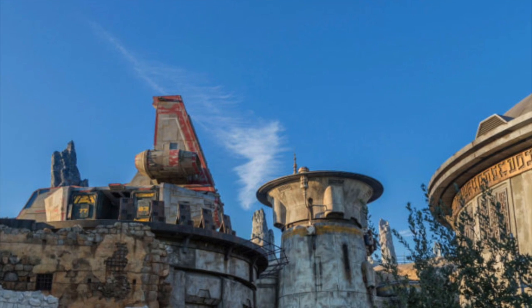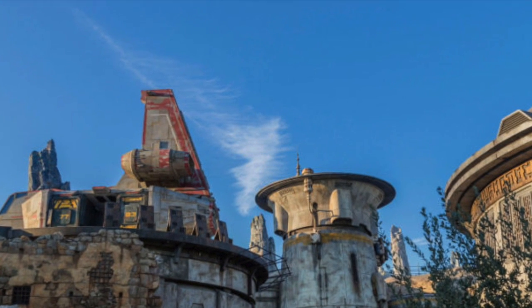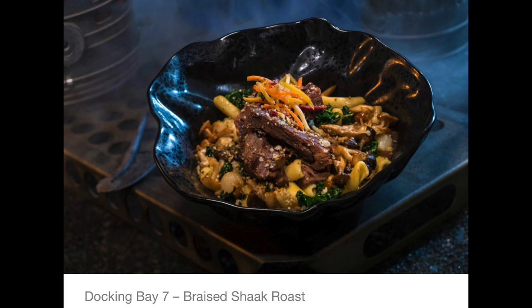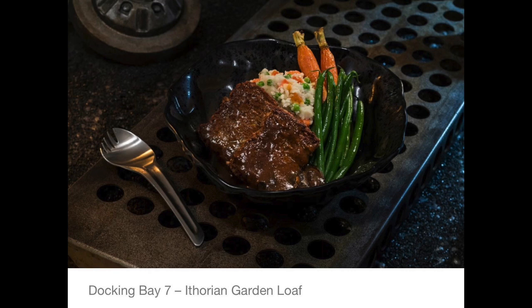Finally, we have Docking Bay 7. This is a quick service restaurant run by the cook that used to be at Maz Kanata's castle before it was blown up. Food items consist of Braised Shaak Roast, a beef pot roast with cavatappi pasta, kale, and mushrooms, fried Tip-Yip, fried chicken with roasted vegetable mash and green herb gravy, Ithorian Garden Loaf, vegan meatloaf served with roasted